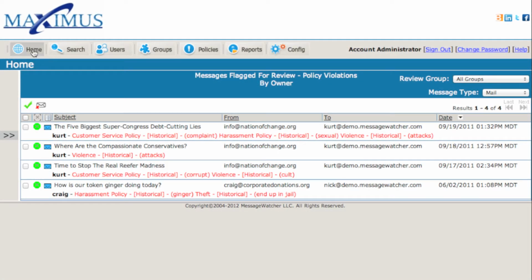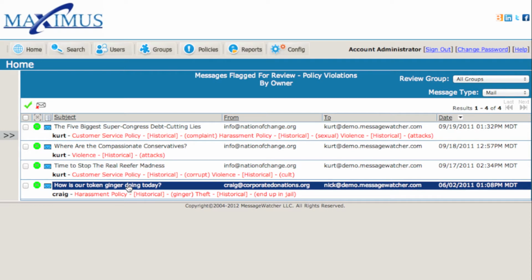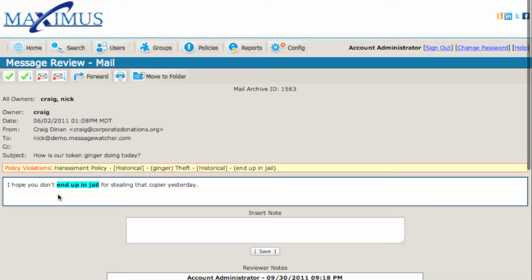By clicking on the Home tab, you can quickly view the emails that have violated your policies. The red lettering highlights the policies that have been violated. The words in parentheses are the words or phrases that triggered the policy violation notification. If you click on any of these emails, you will see that you can view the entire message and even open any attachments. If the message appears harmless, you can click the Approve button to approve the message and return to the home page, or the Approve Next button to approve the message and move forward to the next unreviewed